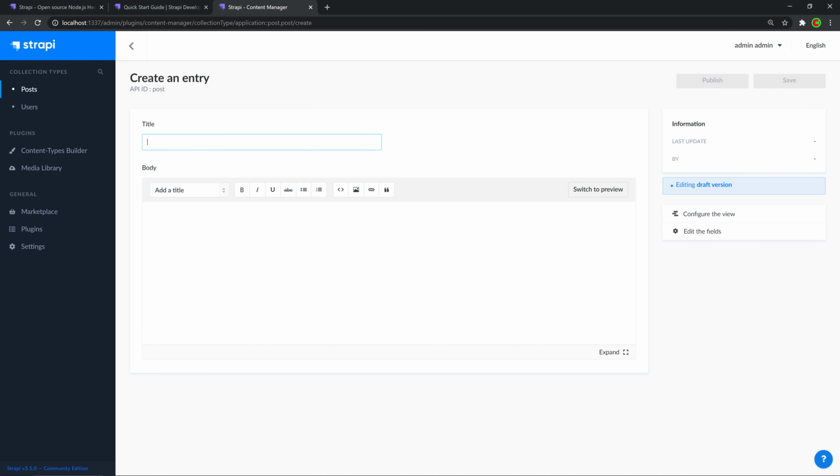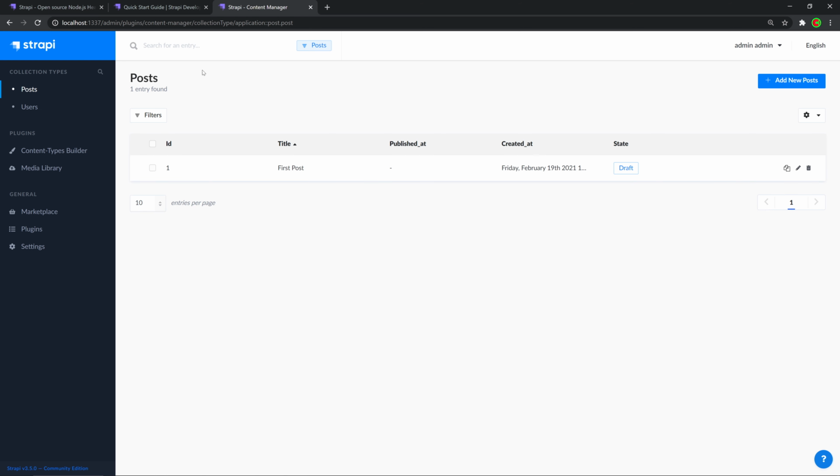So here, let's create a post. Let's call this new, or maybe first post. And for the body, I'm going to say first post body, and hit save. And now that's created. So to interact with this data, with this API, we simply grab this base URL,